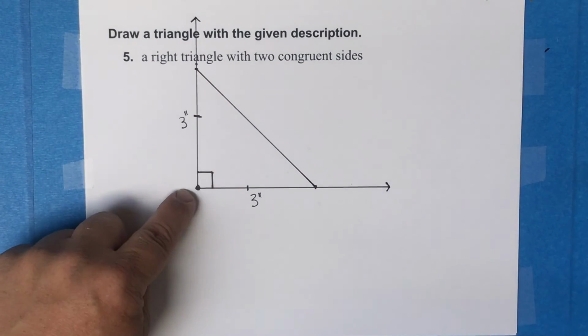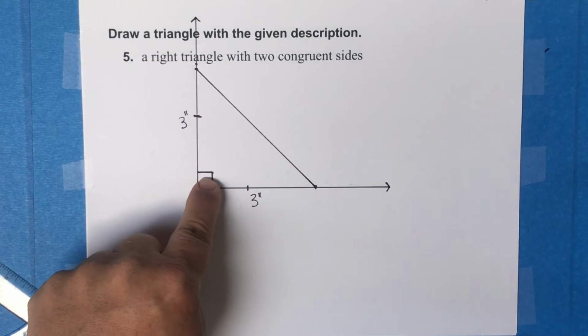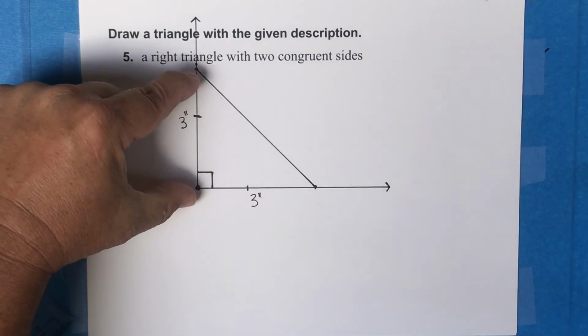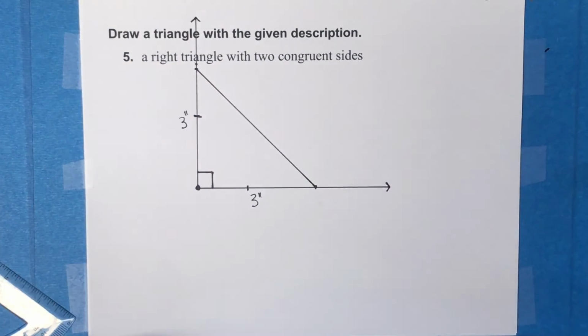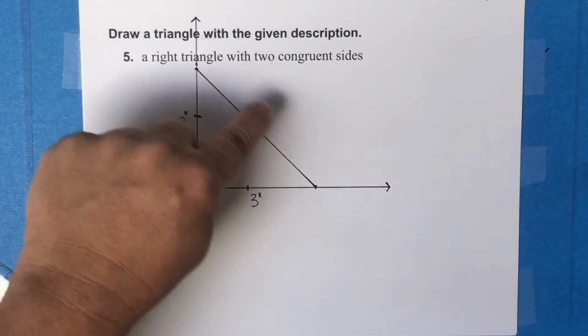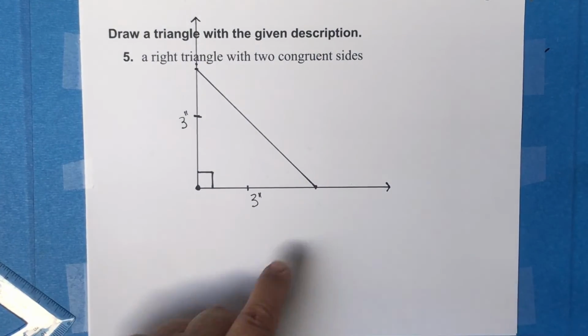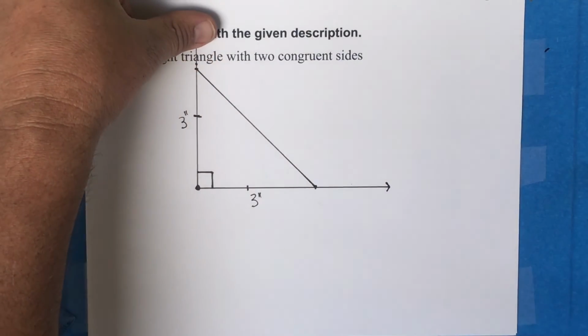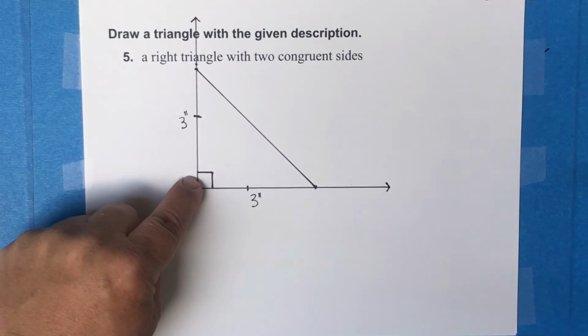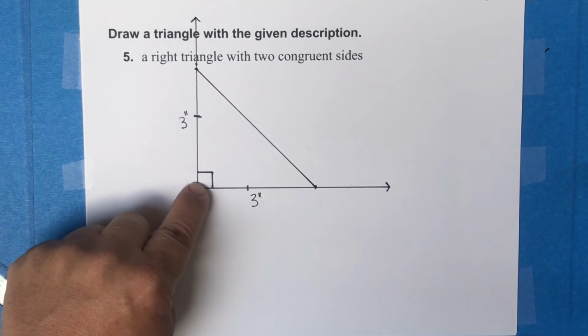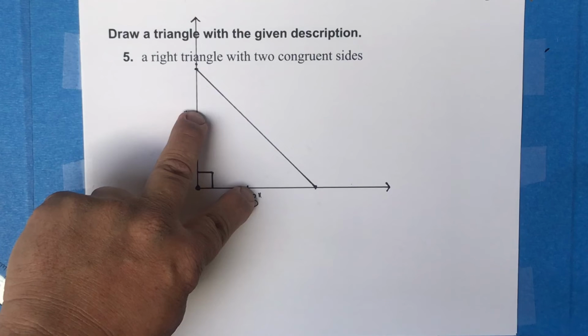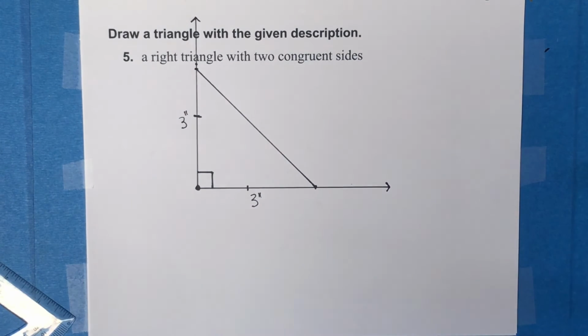And there I have my right triangle with 2 congruent sides. They are both 3 inches. Now, you do not need to erase those lines. If you choose to do so, you're a neat freak, you want to get rid of that, feel free to do so. But to me, you have your right triangle with 2 congruent sides. So this would be a right